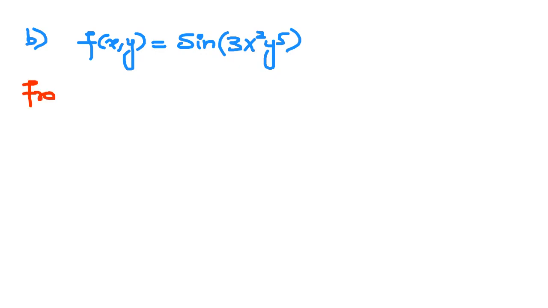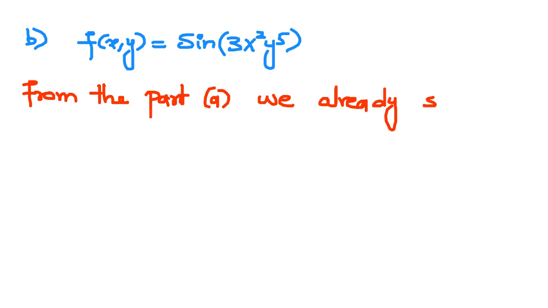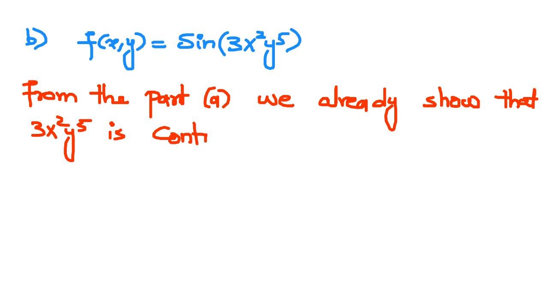From the part A, we already show that 3x square y power 5 is continuous. You remember from the part A, we already say that this is continuous in x everywhere, so you can write in xy plane also. And